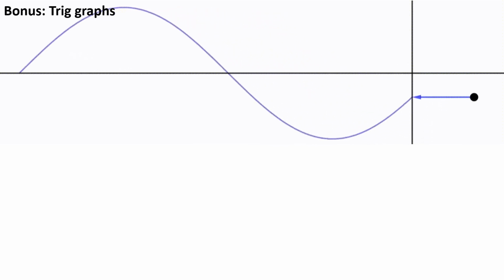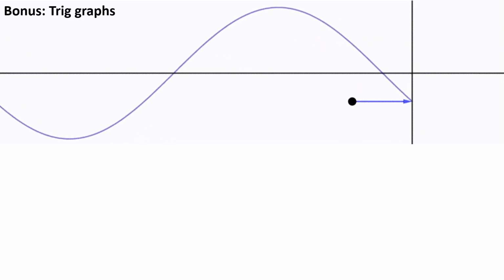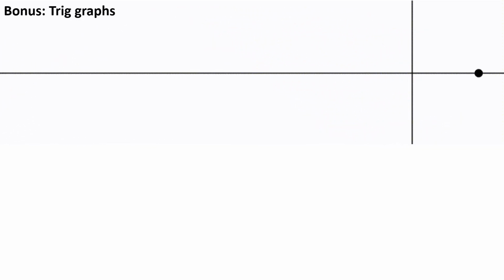One last section now. I particularly like this animation that I managed to make. We're thinking about that same point going around a circle. If we focus just on its vertical displacement, you can see as it traces along how high it gets, how low it gets, and the rate at which things happen. This particular curve that's being traced out is showing you precisely the height of that point as it moves around in a circle. So it goes up, it comes back down, and if you focus only on the vertical displacement,